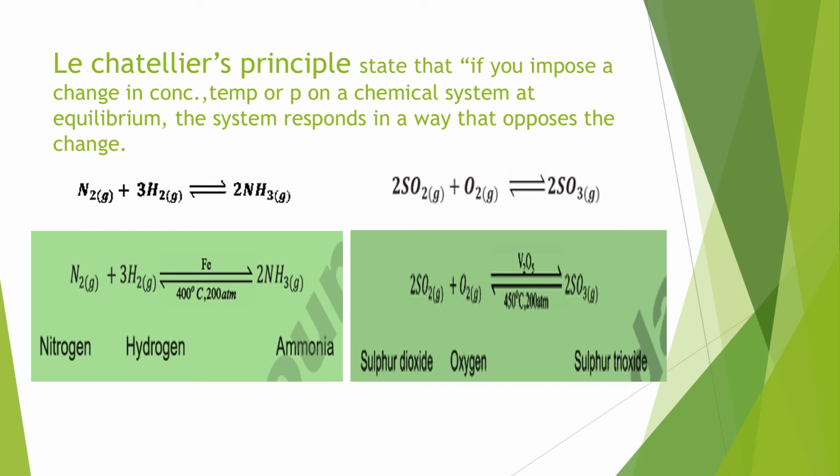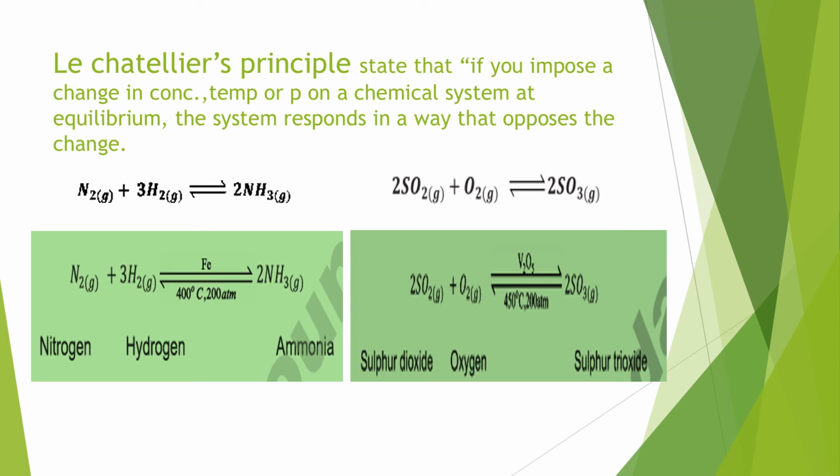In the formation of the ammonia, now what happens? We want to get the maximum amount of the ammonia from this reaction, but the reaction is reversible. Our product formed and again it changed into its reactants, so it becomes difficult to get more amount of the ammonia or required amount of the ammonia.